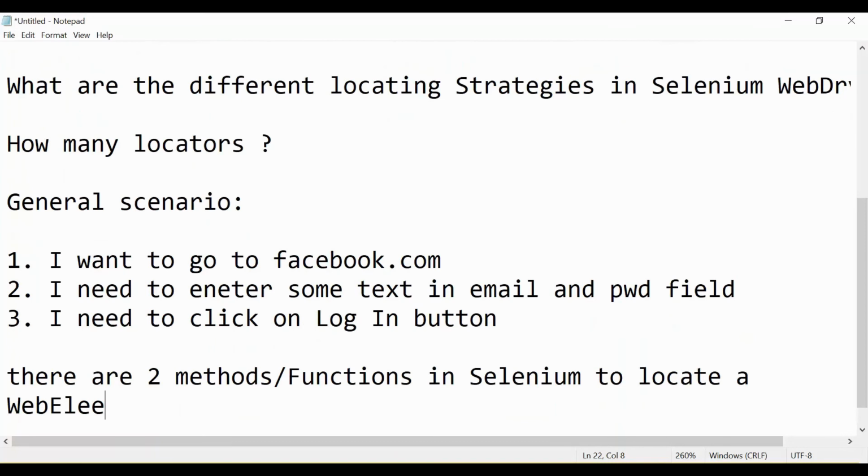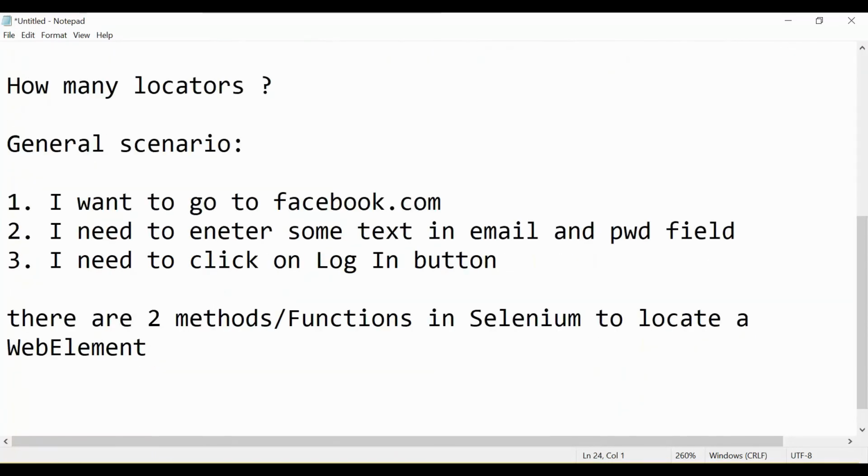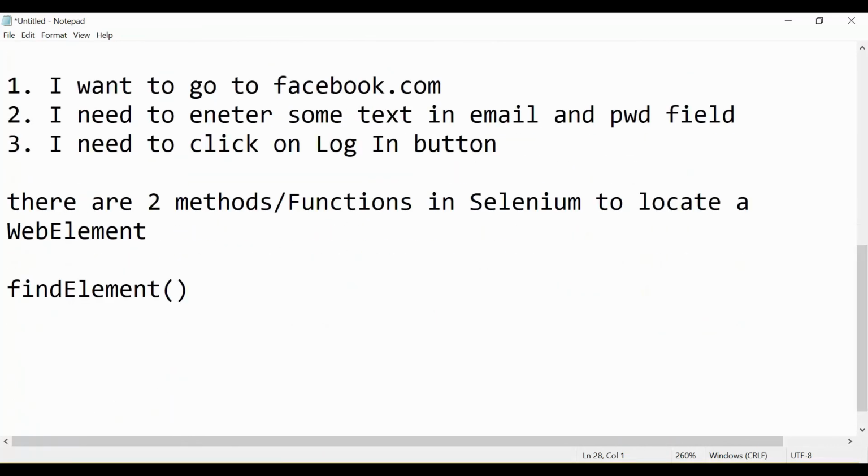So what are these two functions? The first one is find element, this is the function with brackets, and another one is to find multiple elements, find elements.